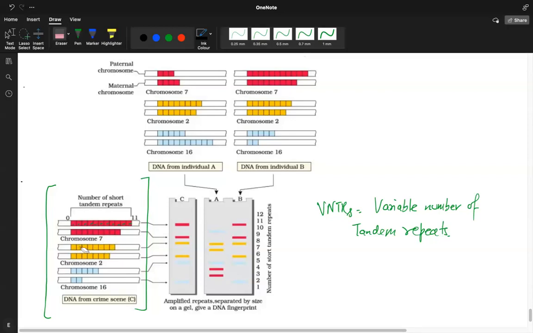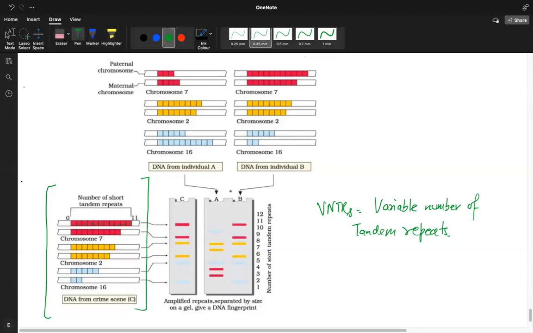Similarly, on chromosome 7, there are some number of tandem repeats, which is 6, 8. And on the other homologous chromosome 7, there is just 7. So you can see what is color coded as the number of tandem repeats. Now, where we have